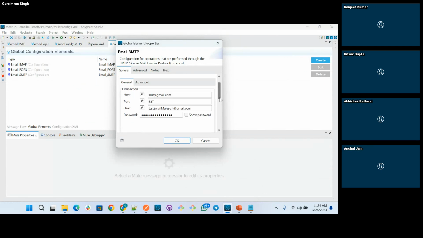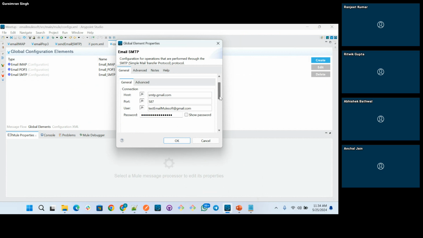Earlier, around 3 or 4 years back, we could connect using the Gmail password directly. But after Gmail introduced two-factor authentication and MFA, we are not able to. So we have to create a specific password if we want to integrate any third-party applications with the email server.